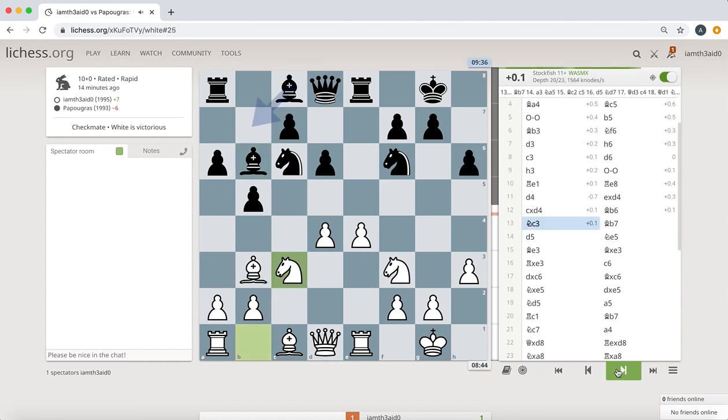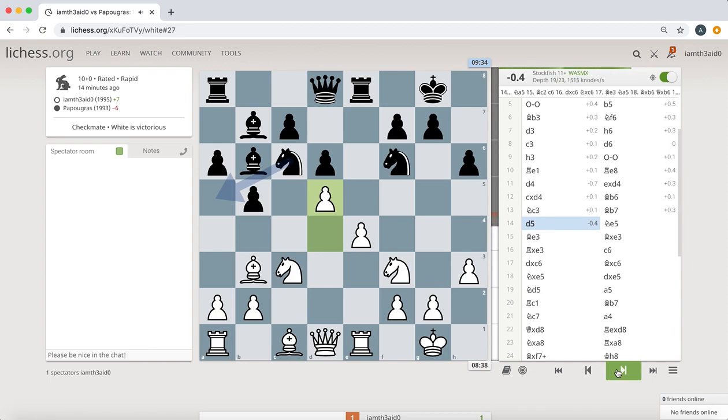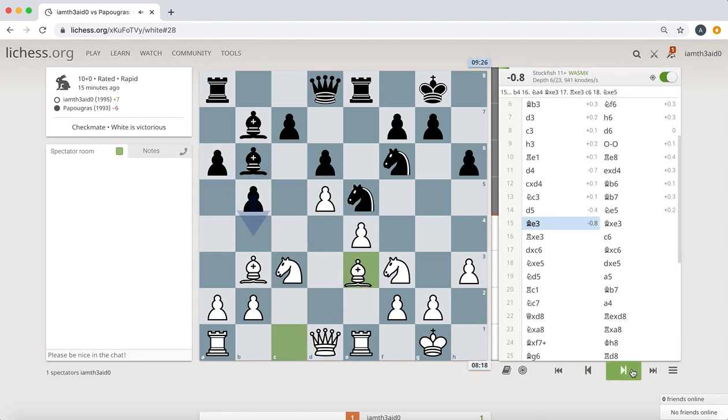It likes my knight to c3 move. Bishop there is good. I close the position. I guess knight a5 would have been a clever move for him, which he missed. And